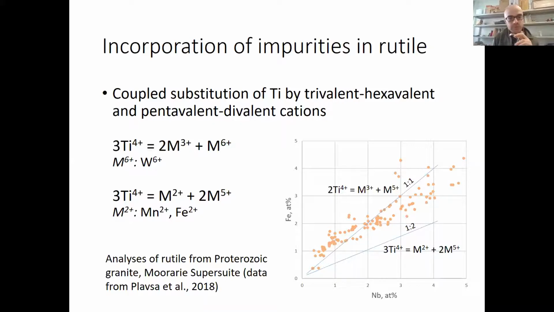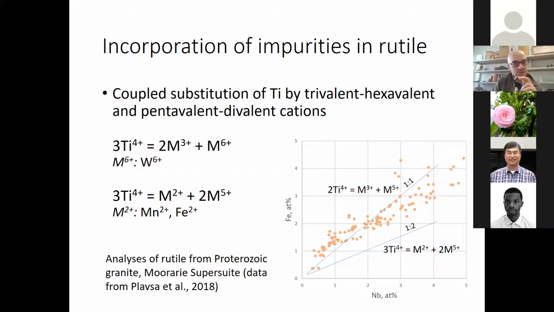We have more coupled substitutions. For example, we can have 3 atoms of titanium being replaced by 2 trivalent cations and 1 hexavalent cation. Or you can also have 3 titanium atoms being replaced by 1 divalent and 2 pentavalent cations. And so you can see that all these reactions have slightly different stoichiometries. And so if we measure the composition of rutile and we plot the concentration of some of these elements